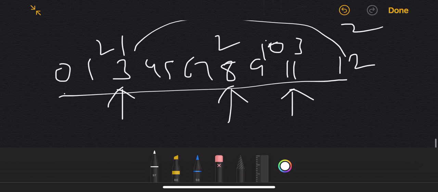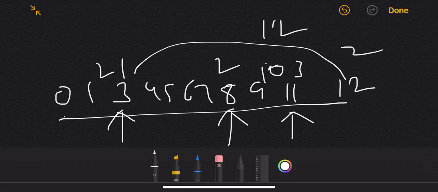If we take 8, we have to make 3 hops, because 8 already had 2 hops, and from 8 we have to make another hop, which is 3. And if we take 11, we have 3 hops until 11 and 1 after 11, so 4. In our case we take 3 because that is the minimum number of hops,